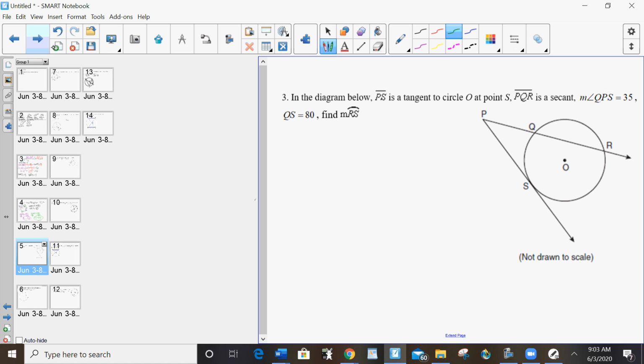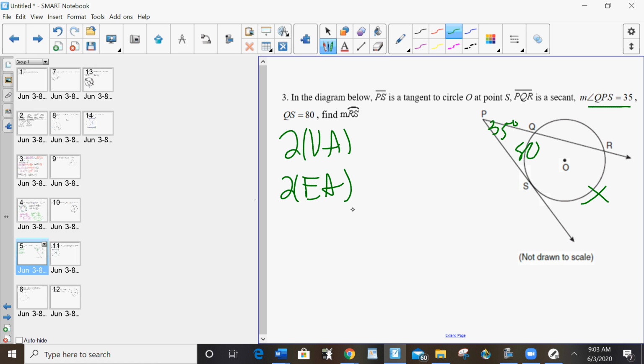All right, looks like one of our rules now. So let's put in the information. QPS is 35. QS is 80. It's asking for RS. So for circles, you want to ask yourself segments or angles, or arcs and angles or segments. This is arcs and angles, so my two arcs and angles rules are 2VA and 2EA. Well, do I have vertical angles or an exterior angle? In this particular example, I have an exterior angle, so it's